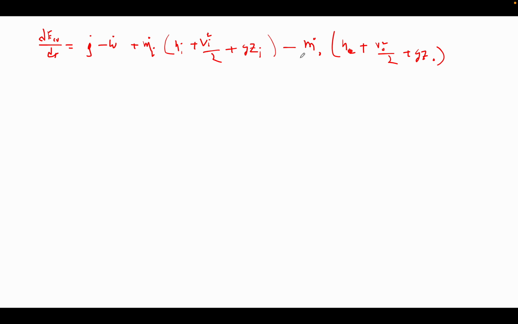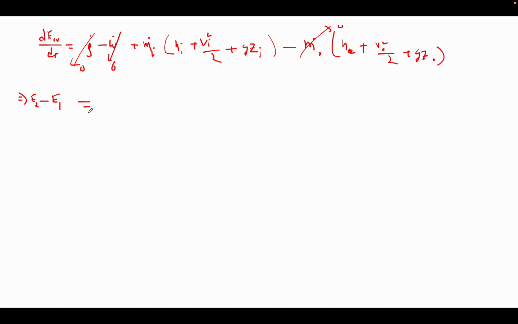Now we already know that there is no m_o dot, so this will be equal to 0. There is no work transfer, this will be equal to 0. There is no heat transfer, this too will be equal to 0. But this time dE_cv/dt will not be equal to 0, because my control volume is in unsteady state. So dE_cv/dt I can write as nothing but energy at the second state minus energy at the first state,